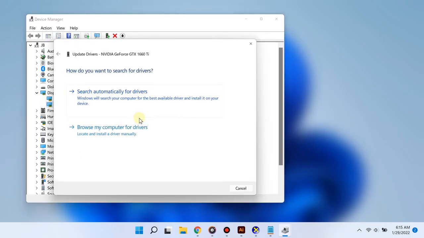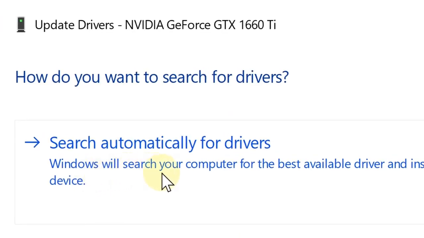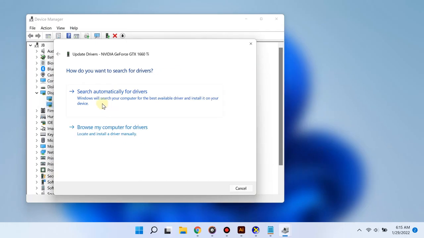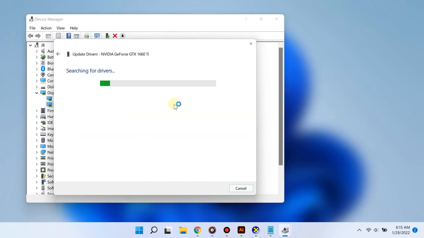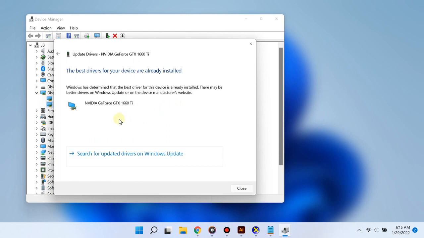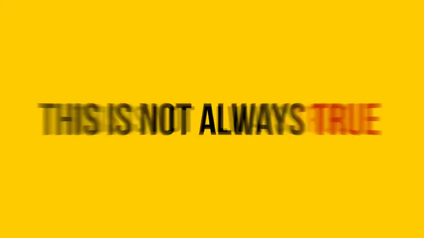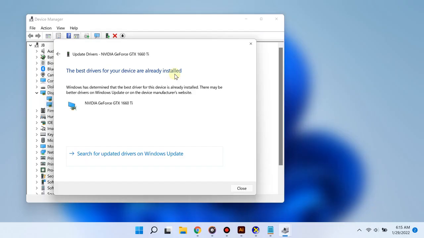So now at this point, Windows will give you the option to automatically search for new drivers. This means Windows will automatically search, download and install the new drivers for your graphics card. Now when doing this, Windows may actually display that the latest drivers have already been installed, but this is not always true. And this takes us to the best way to update your graphics card, which is the second way,